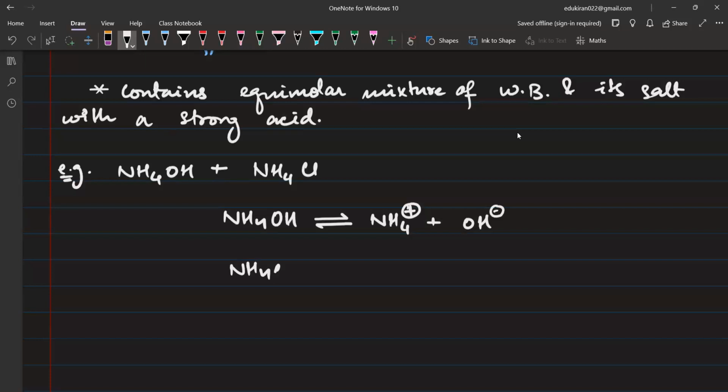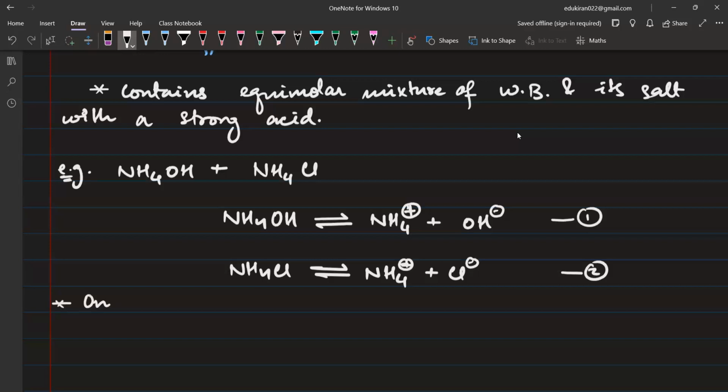and NH4Cl will be in equilibrium with NH4 positive plus Cl negative. अब नेक्स्ट यहाँ पे जो वर्किंग है वो ऑलमोस्ट सिमिलर है, दैट व्हेन वी आर गोइंग टू ऐड अ बेस, फर्स्ट ऑफ ऑल बेस जब हम डालेंगे, then what is going to happen, the NH4OH will be combining with the OH negative और ये बैकवर्ड जाने लगेगा and it is going to form undissociated NH4OH. ठीक है, तो फर्स्ट ये आपके पास, दिस इज द सेकेंड।